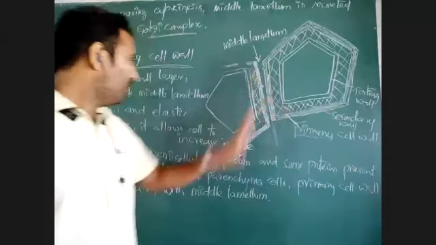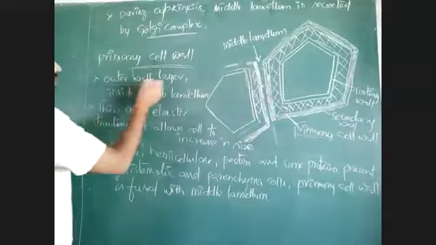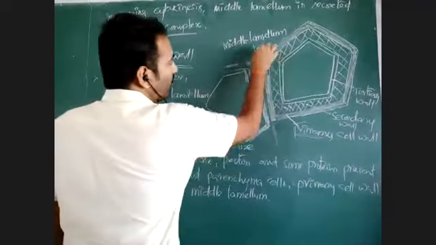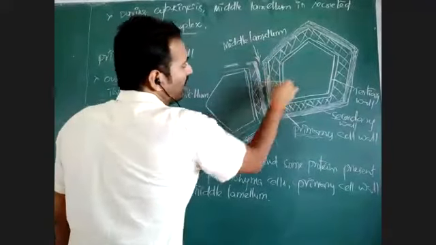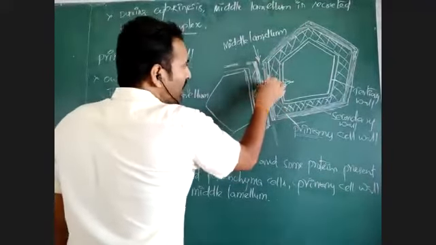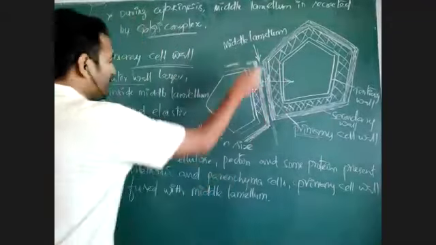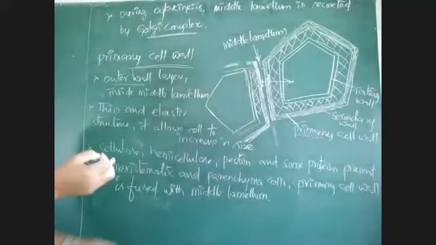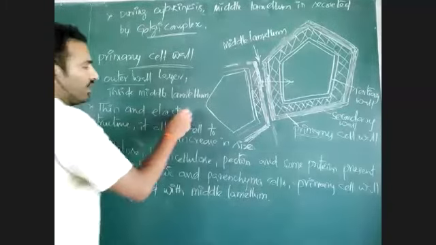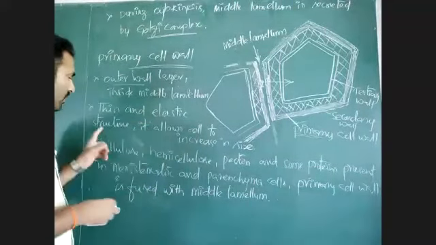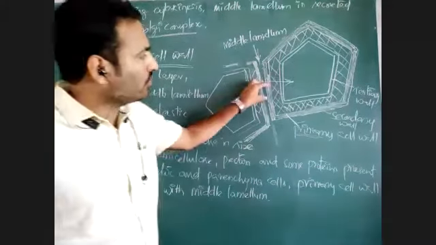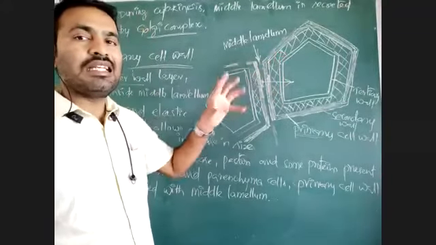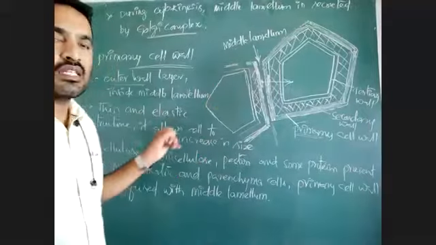Okay, see one by one point again. This primary cell wall is the outer layer which is present inside the middle lamellum. From outside to inside of the cell, inside the middle lamellum, the first layer is the primary cell wall. This is thin, meaning the thickness is less. Elastic means which can increase its length. So when cells are increasing in size, the primary cell wall will increase, and that causes an increase in the size of the total cell.